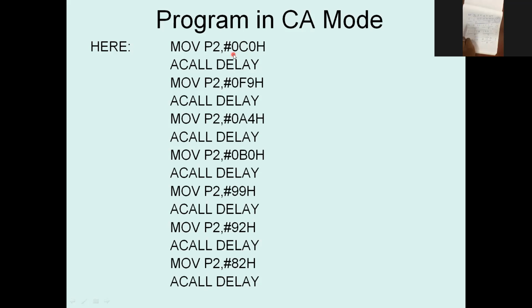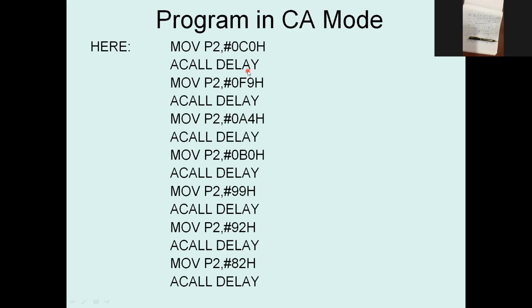0 will be displayed. Similarly, it will display 1, 2, 3, 4, 5. Why give a delay between these two? Because you cannot see the microcontroller working in microseconds. So that's why a delay is given to display for some time, otherwise you are unable to see. I give a delay of 1 minute or 10 seconds or 2 seconds, something like that.